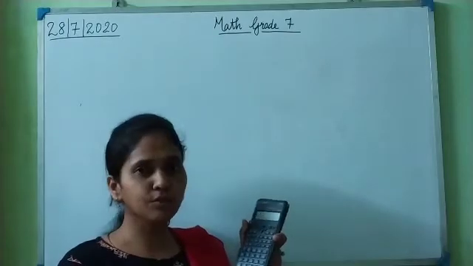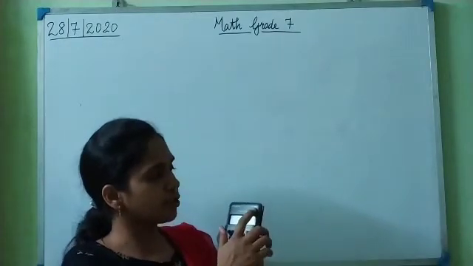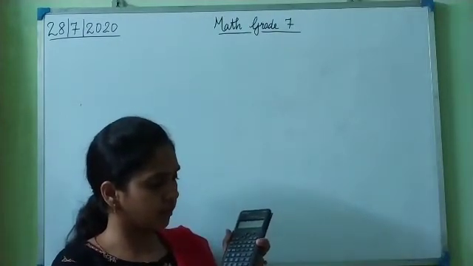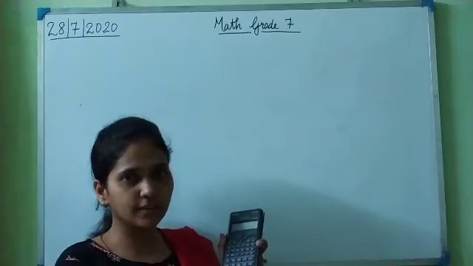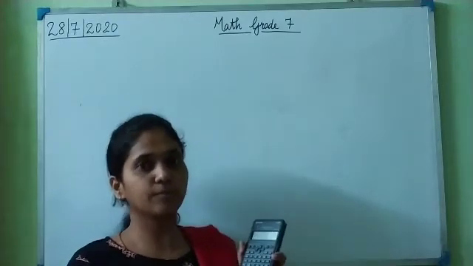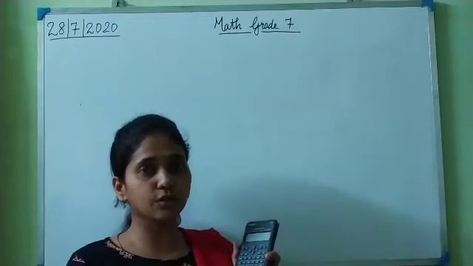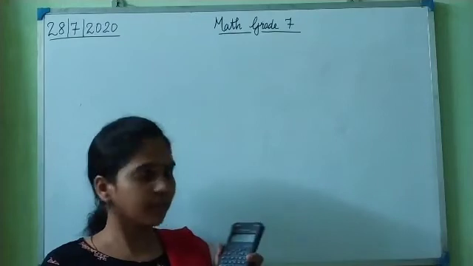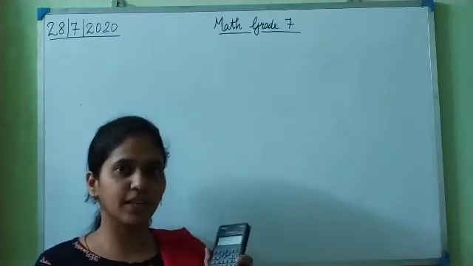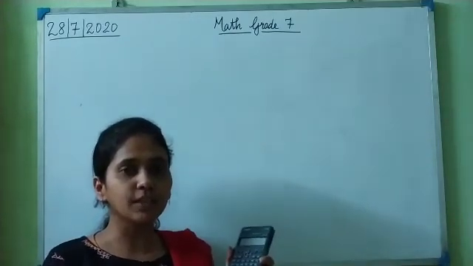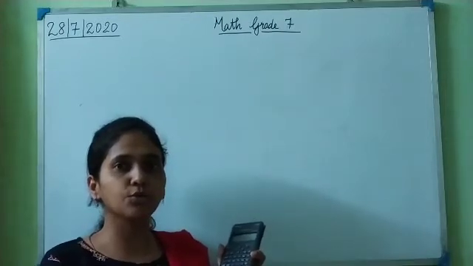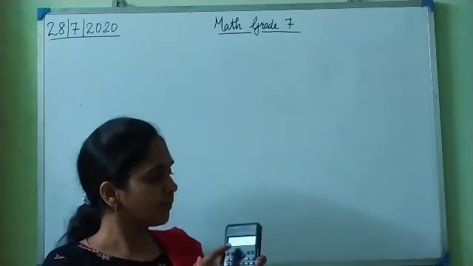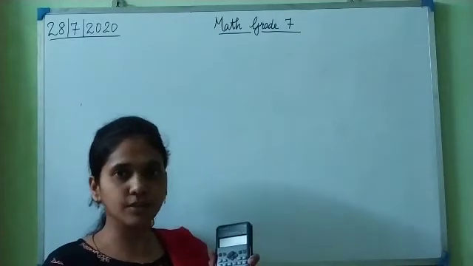First let me tell you how to switch a calculator on and off. The calculator which I am using is a Casio with 82 functions. You can buy this calculator. You will be needing a calculator, and you are allowed to use a calculator from grade 7 onwards. So it's better you purchase a calculator well in advance, so that you become familiar with its functions and keys, how to use it, and how to solve the sums using the calculator. So this is a Casio 82 functions calculator.